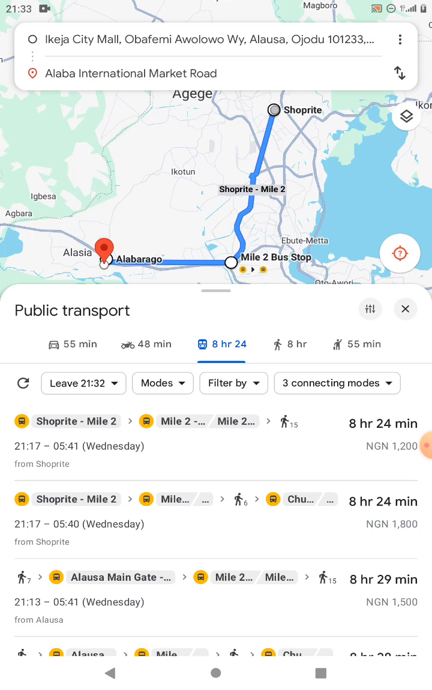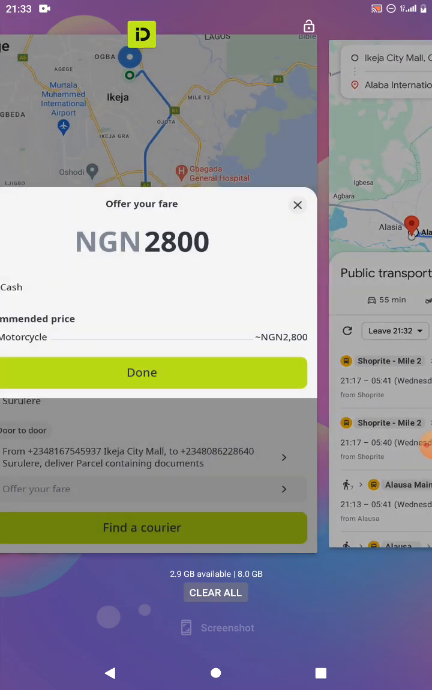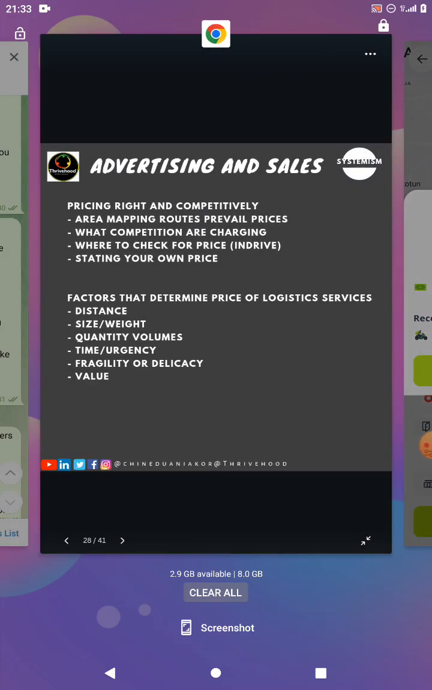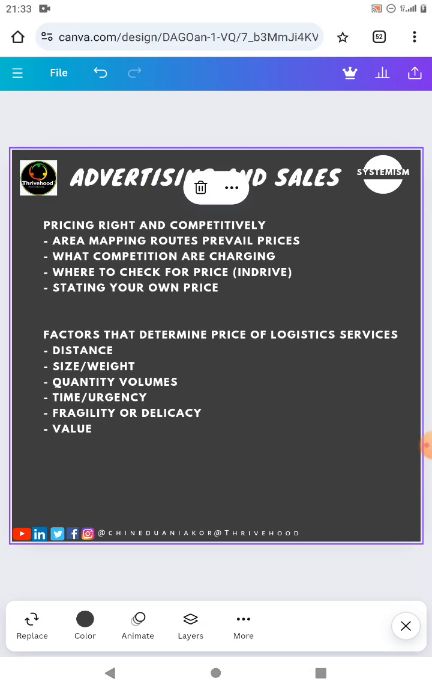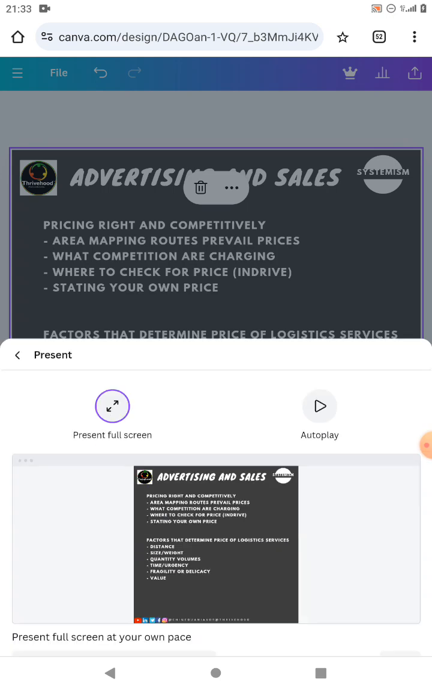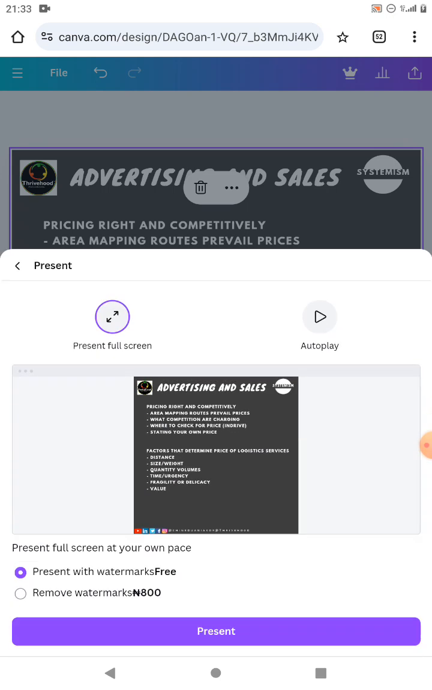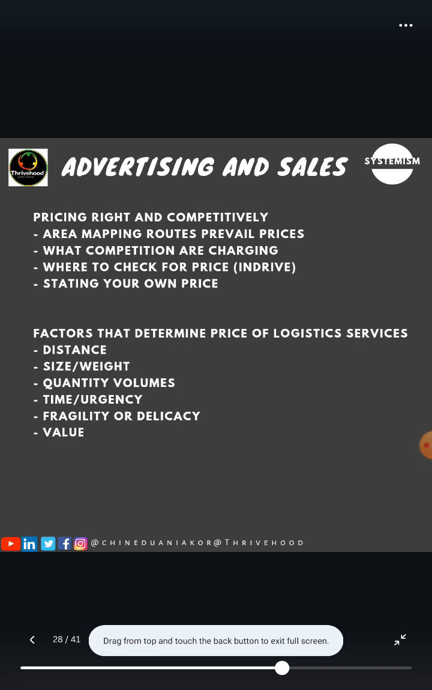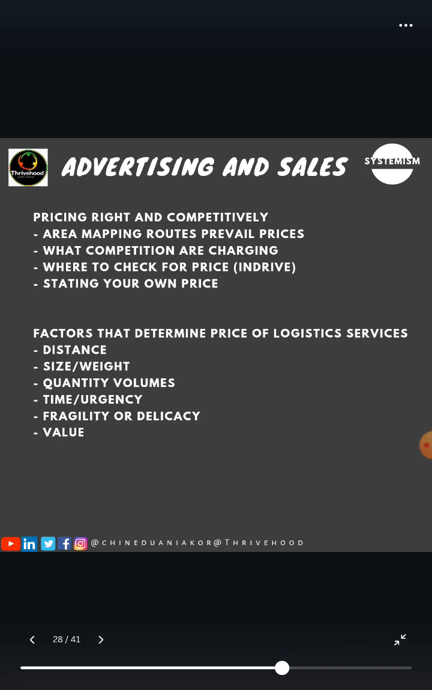Do you understand what I mean? So that's the whole idea, and that's how to price effectively. That's how you state your price, and you'll be able to charge competitively. Now, another thing you must take into consideration when you are pricing, very importantly, especially if you are starting out without owning your own bike, is that you must understand what the delivery